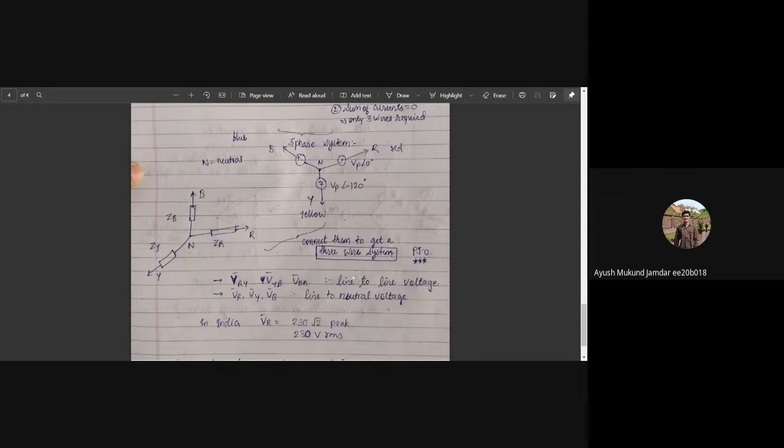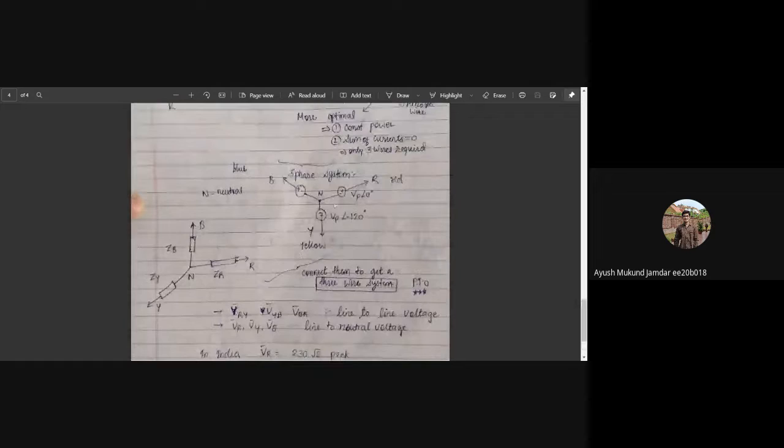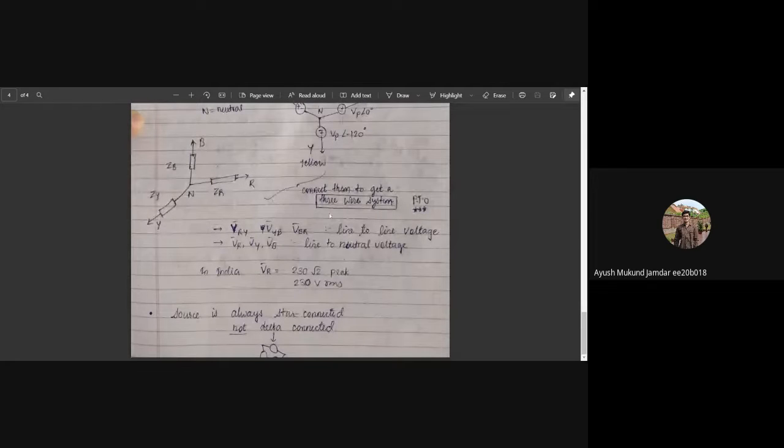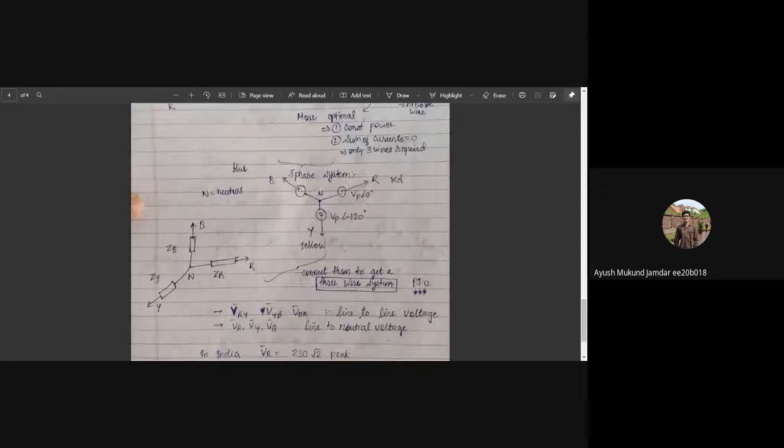And some more terminologies here. Line to line voltage is VRY, that is VR minus VY, where VR and VY are line to neutral voltages, that is taken with respect to this center N, central node. And we usually have a source always connected in the star form, not in the delta form, whereas the load can be star or delta anyway, and it can be converted using the star delta conversion formulas. So the source we usually take of this form only, that is the peak voltage is the same for the three sources. If the load has ZY, ZB, ZR equal, we call it a balanced load, an unbalanced load otherwise.